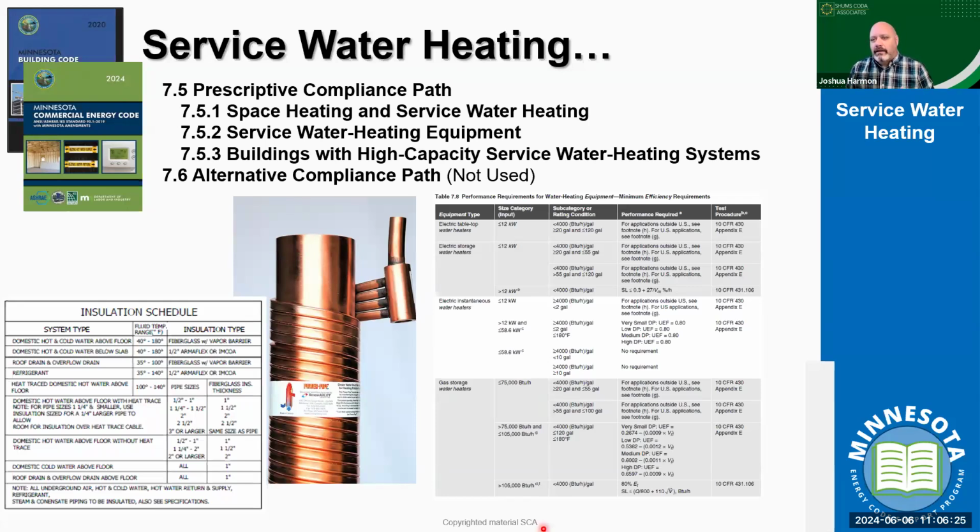And so that insulation, understanding the different insulation values associated with service water heating pipe, because again, we're trying to maintain how much. We're not trying to heat that water within the pipe. We're trying to take the chill off the pipe so that it doesn't have that thermosiphoning that we see happen when water passes through that cooled pipe, especially when we think about the climate that we're in.